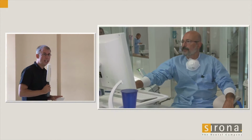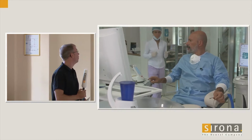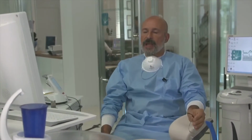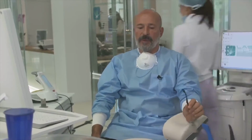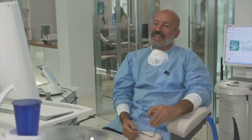None so far. I have one question from the internet. A German doctor asked about the penetration depth of the laser. About the penetration of this light, we need more studies and research about this, but you can also look at some research done at the moment, and there is a very interesting research done by the University of Leuven in Belgium on the penetration of the light in the apple. And the result was that